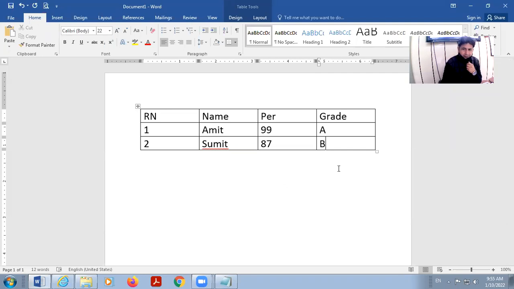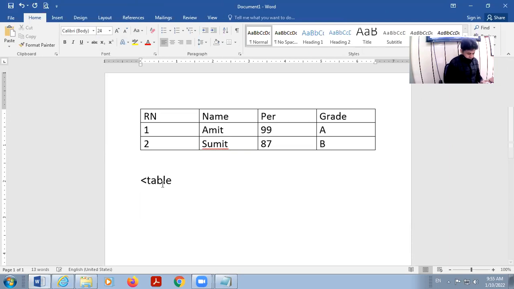For this, I will have to use one tag. That tag is called the table tag. It is a container tag, it means it has a starting and closing. Next, inside that tag, first I will start the row.